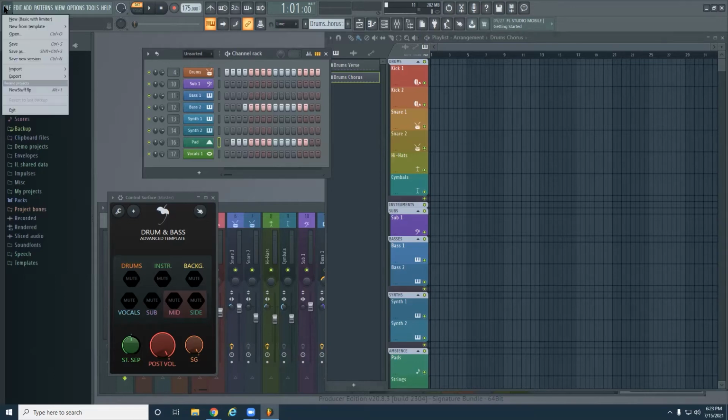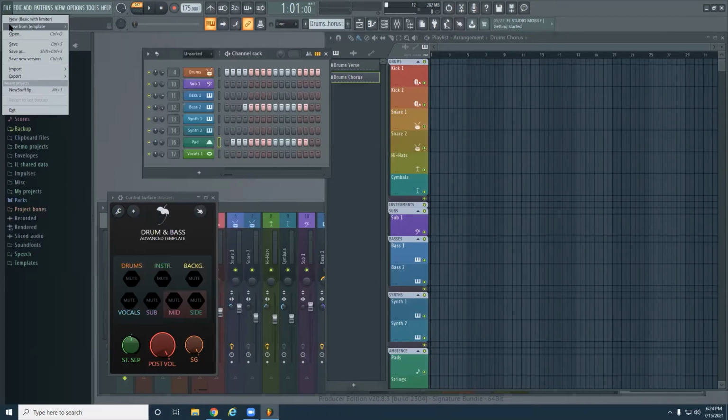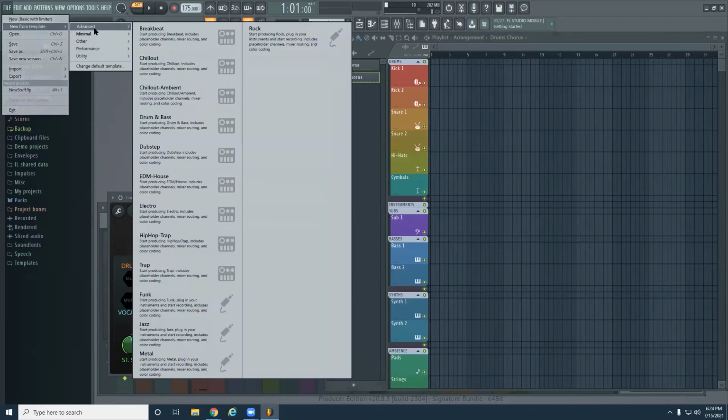So that was up here under File and then New from Template. Yep, so File, New from Template, and then this one specifically was under Advanced, and then this was the drum and bass. All these templates will have different options according to the style of music, what instruments, and what setup for all the different windows that we'll talk about. That doesn't mean that you would need to use one of these,